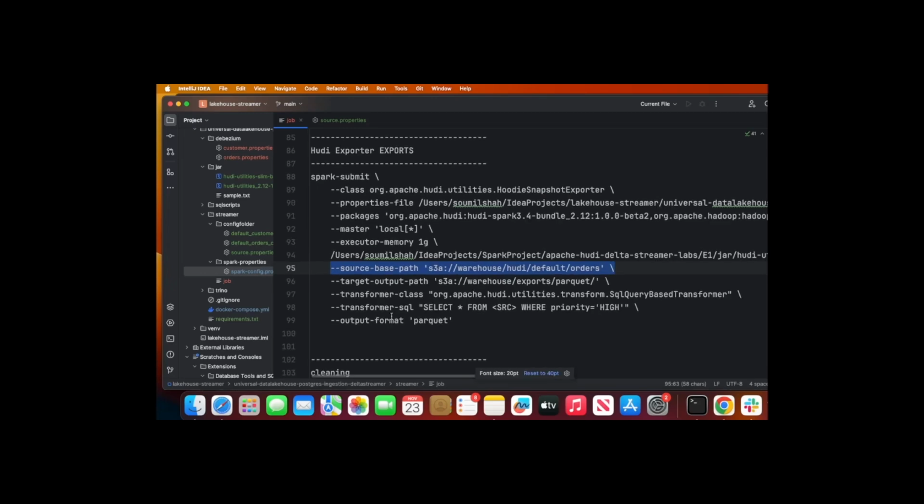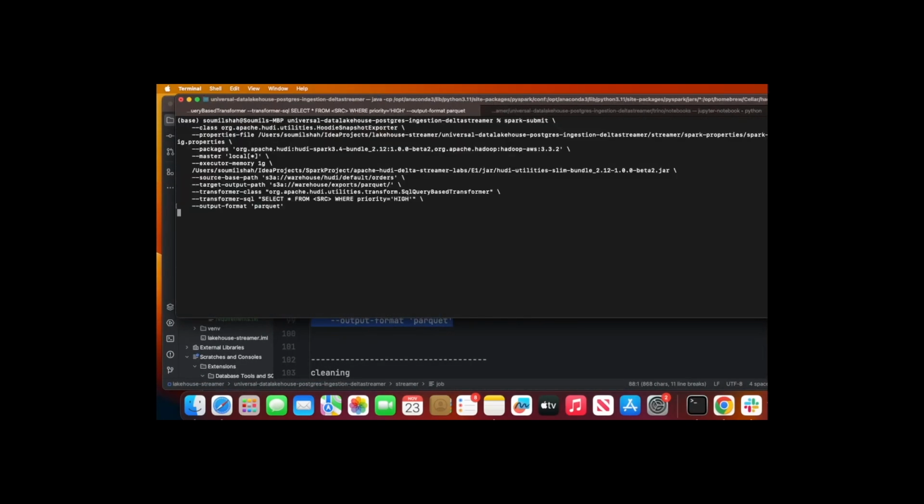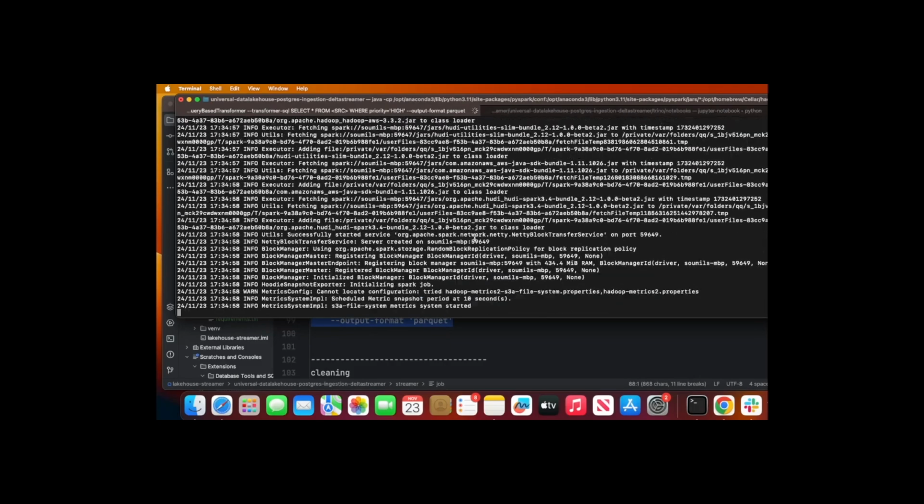And then here I'm saying that, hey, Hudi, I'm going to use the Hudi snapshot exporter service, and I want to get all the data where the priority of the orders is high, and then dump those files as Parquet on this particular directory. This directory does not exist on the S3 bucket, but once I run it, it's going to dump those files on S3. So if I run this one over here,